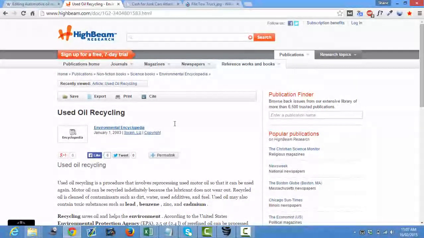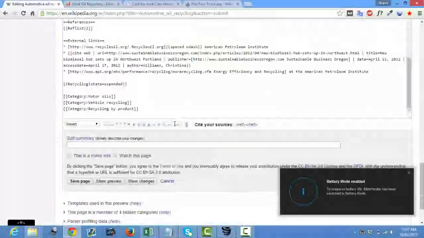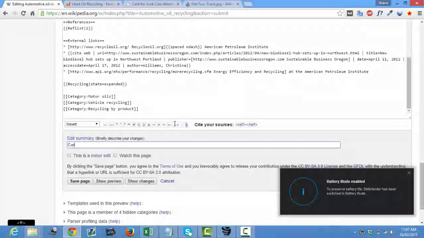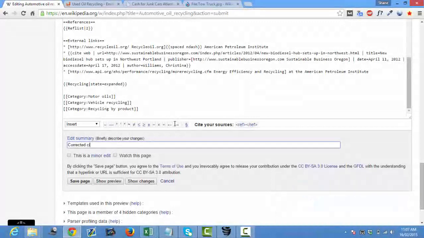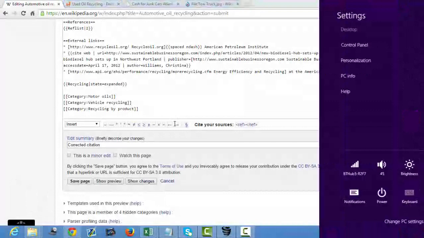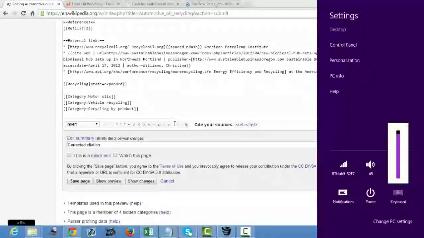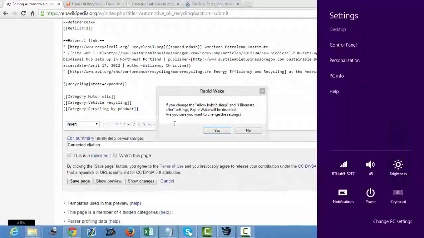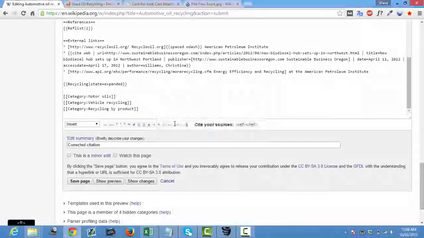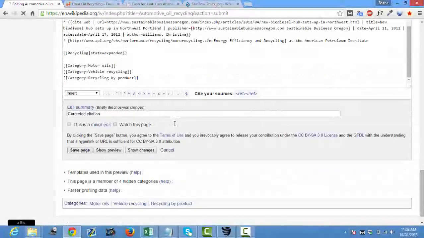Okay. So we go back down and we insert the reason, and I'll go corrected citation. It's going to ask us for a captcha. Any external link you place in Wikipedia will ask you for a captcha code.